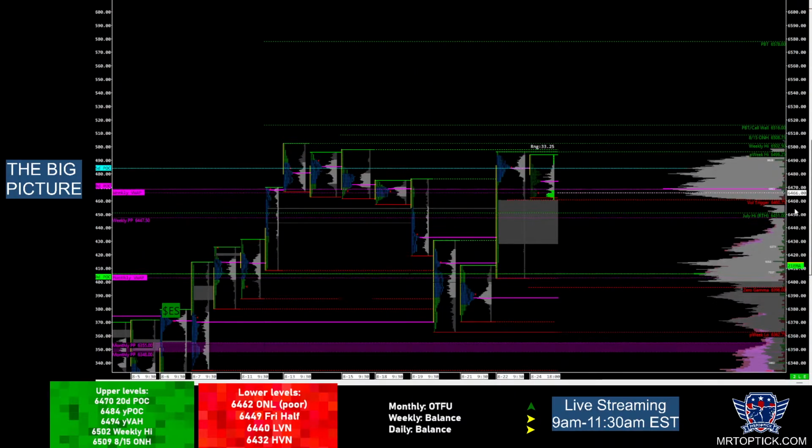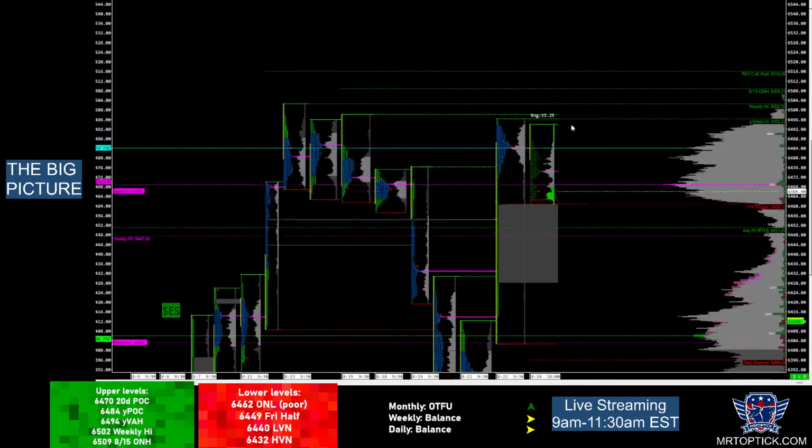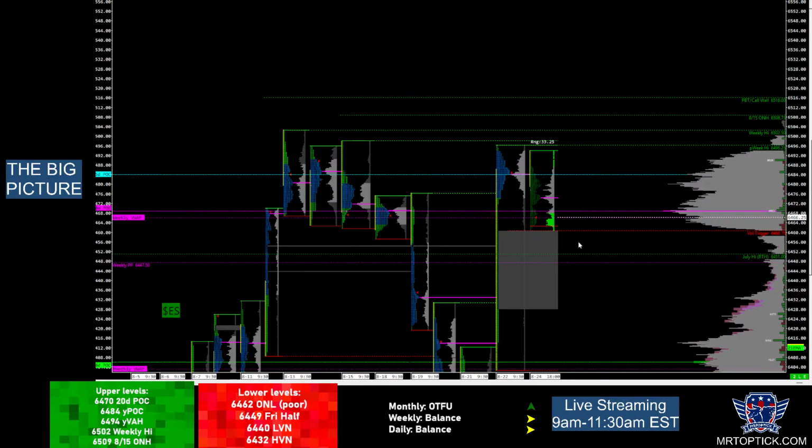But for today, I'm expecting a little bit of a tight range, some consolidation to digest this move, and then possibly grind higher into the upper side of this range if we are able to hold above 64. What is this value area low? 64.74.